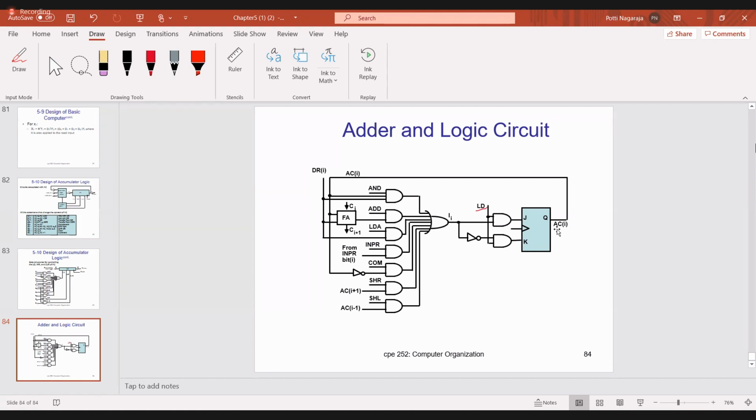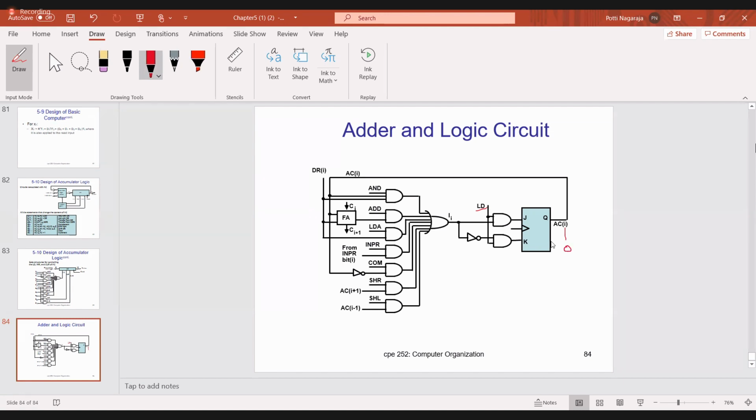And how will we do the AND operation here? AND operation means 16 bits, so there will be 16 stages, and this is only one stage. Assume that I is 0. When I is 0, what is the operation? I want to do the AND operation.